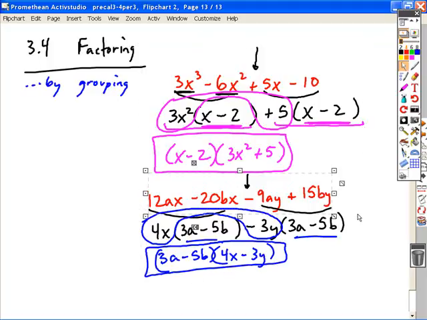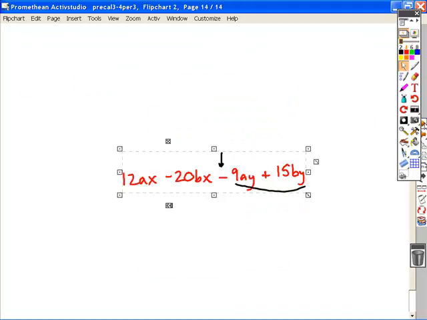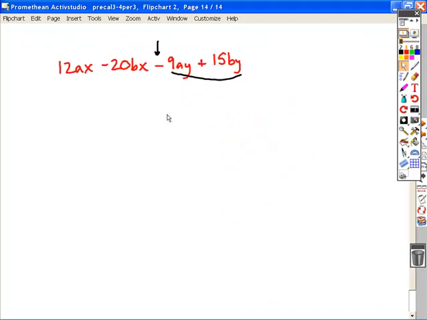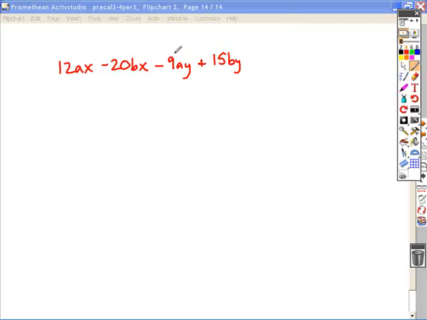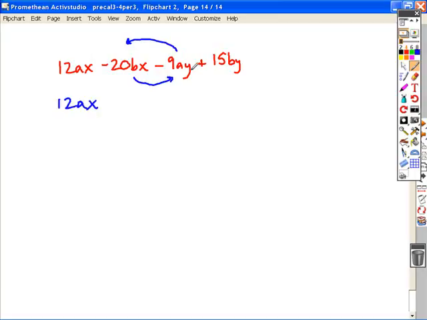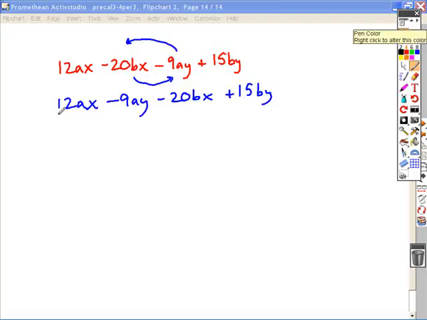All right, now, what happens, though, if instead of seeing what I took out there, what if I wanted to reorder these? And what if I saw that if I switch these two terms, maybe I have common factors here as well. So if I took and I move these two terms, and then factored by grouping,